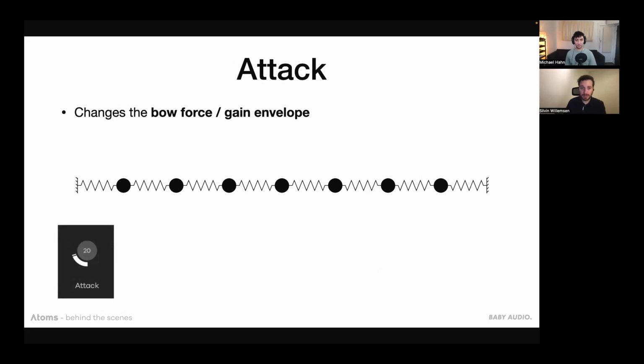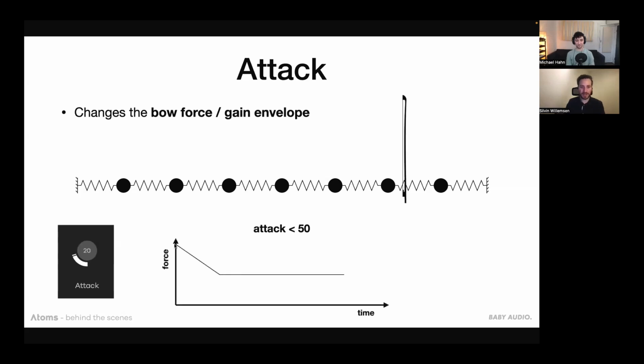Then one more bow parameter, we have the attack. And this changes the bow force envelope or the gain envelope, depending on where in the range we are. So if the attack is lower than 50, we kind of hit the bow before we continue to continuously bow it. So we have this bow force that ramps down from a higher force to its normal value. And this is what we can vary. So we can vary the force, but the time that it takes to reach normal force is fixed